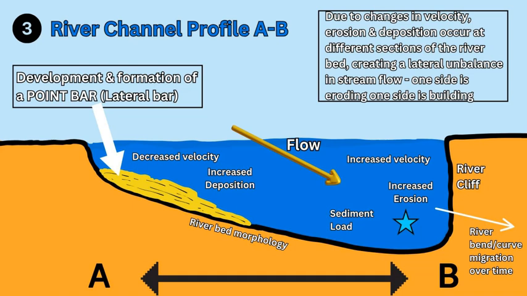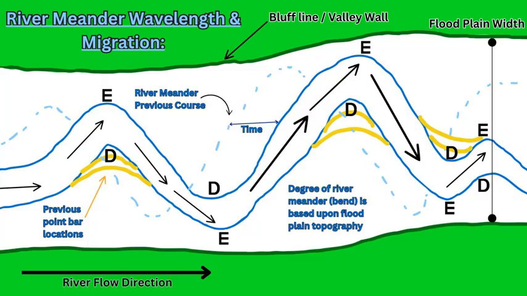So you have two sides of the channel, both with very distinct differences in flow velocity and characteristics. If you're looking at the river from an aerial perspective, from above, looking at the river's change of course, the meander, you're looking at this flowing, snake-like pattern of the river moving downstream, and the extent or the size of the bends or the curves or the meanders are limited or based on the size of the